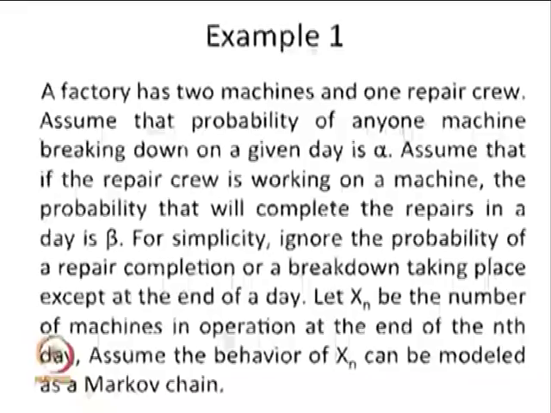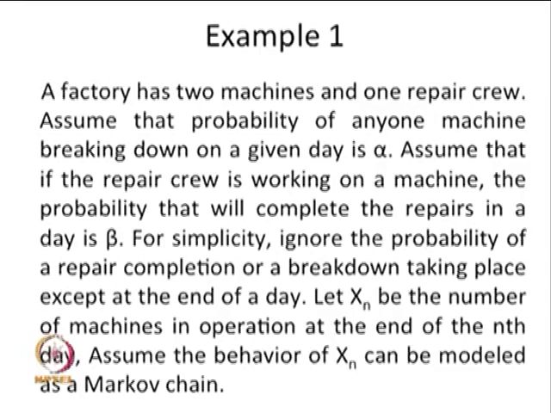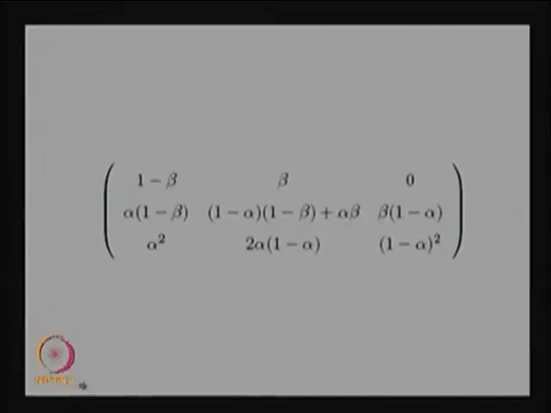Our interest is to find the one step transition probability matrix, with the assumption that X_n is also time homogeneous. Since it is a time homogeneous DTMC, we are trying to find the one step transition probability matrix for the given time homogeneous DTMC. So, this is the one step transition probability matrix P, and the possible states are 0, 1 and 2,